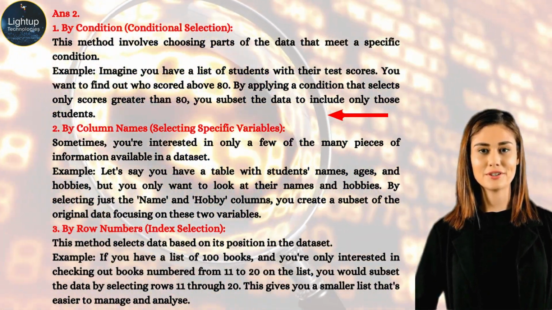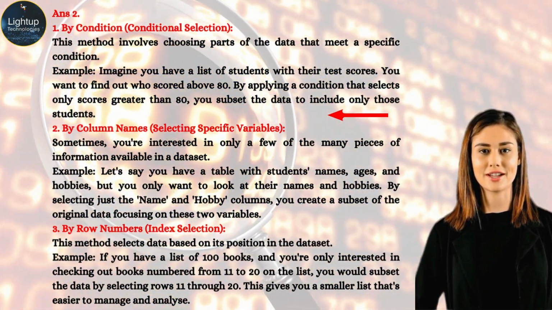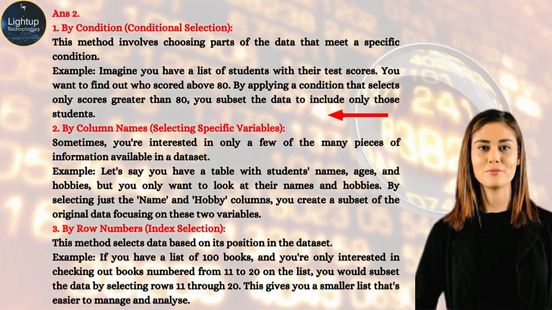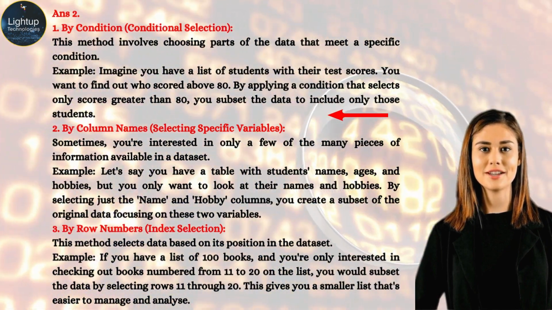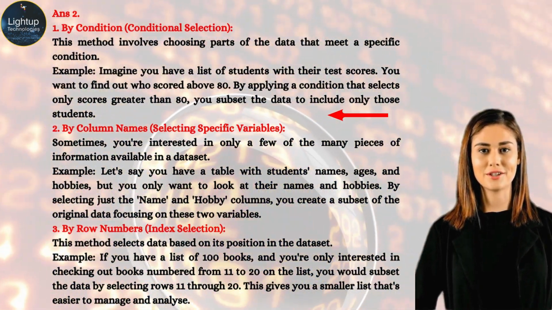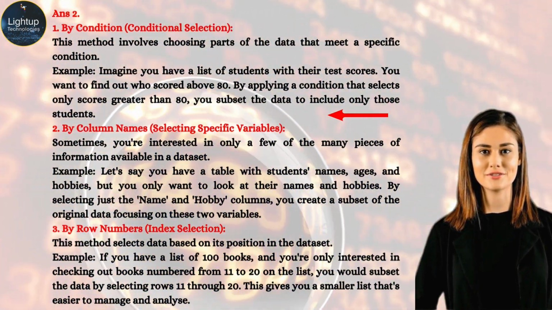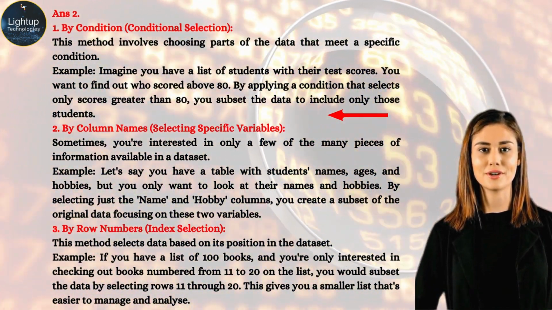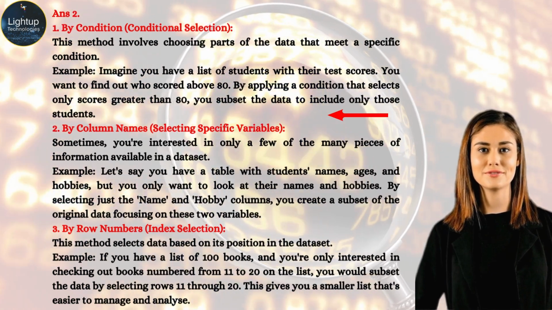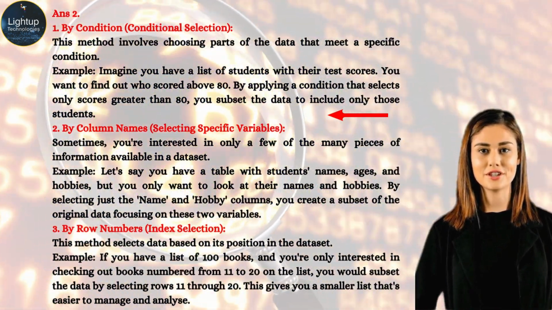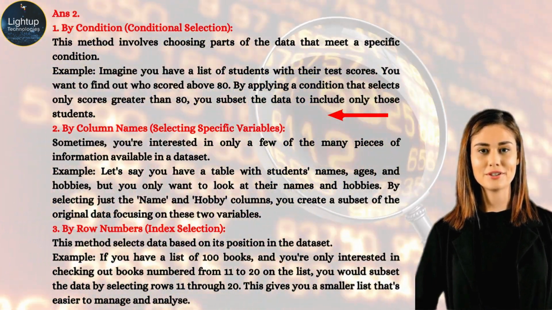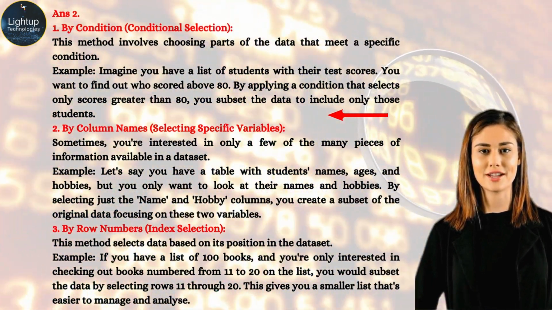too. By column names, selecting specific variables. Sometimes you're interested in only a few of the many pieces of information available in a dataset. Example: let's say you have a table with students' names, ages, and hobbies, but you only want to look at their names and hobbies. By selecting just the name and hobby columns, you create a subset of the original data focusing on these two